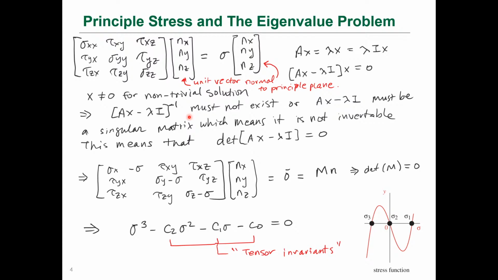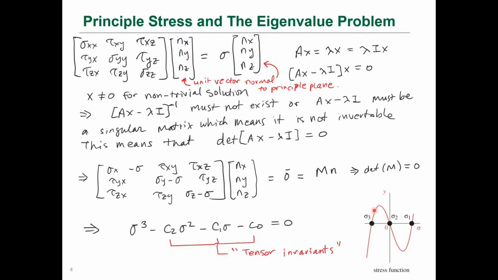Okay, this was my write-up of that. This is the eigenvalue problem. This says that if we have this state of stress, is there a direction such that we have a state of stress that's in that direction, only in that direction? That's what we call our principal stresses. If we solve this eigenvalue problem, which I will not expect you to do on a test, but I do expect you to understand it and know that we get this eigenvalue problem, and when we say that this determinant has to be 0, we can solve for sigma, and sigma will give us 3 roots.